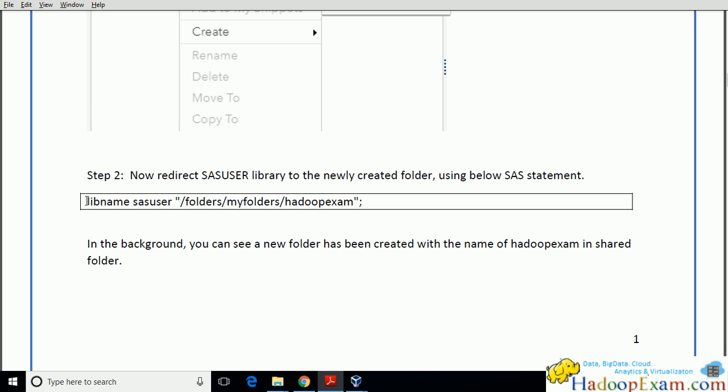Whatever data you create, permanently or temporarily, would be stored in a library. It's a collection of data sets which can be understood by SAS. That is known as a SAS library. Obviously, this SAS data set would be stored somewhere in a folder on the disk. This is known as a library. In SAS, whatever data you would be working upon is known as a library.